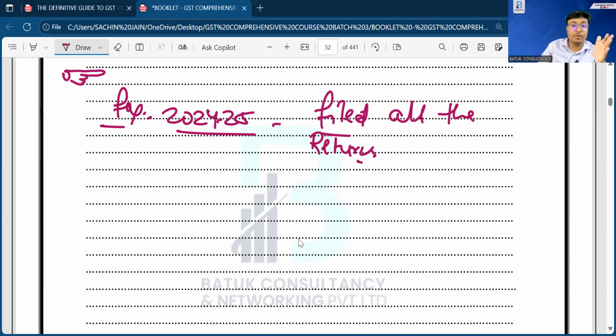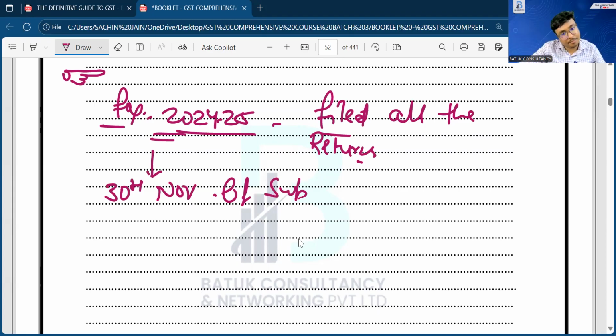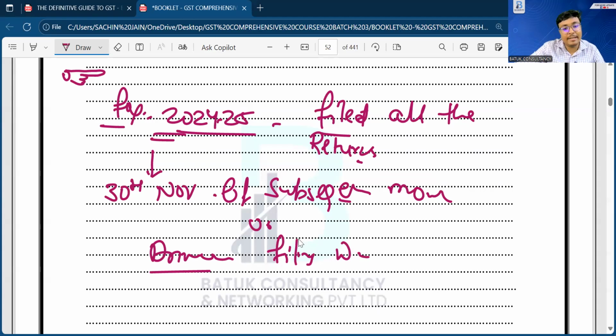After 2 years, after 3 years, you will come and say that that input tax credit I have not claimed, so can I claim it right now? Hence government has imposed a specific condition that related to a particular financial year, if you forgot to claim any input tax credit, then you can claim that input tax credit by 30th November of the subsequent year, or annual return filing date, whichever is earlier, that will be the last date till you can claim the input tax credit related